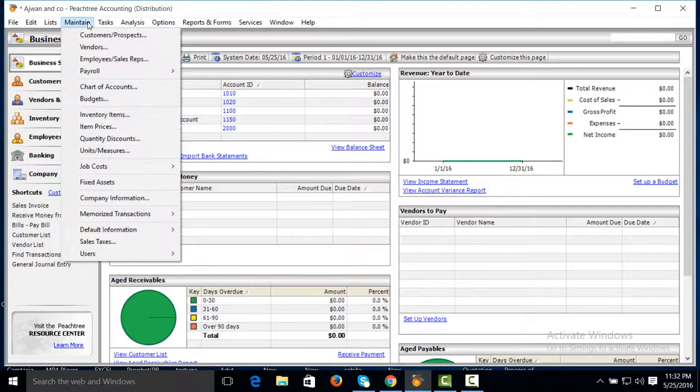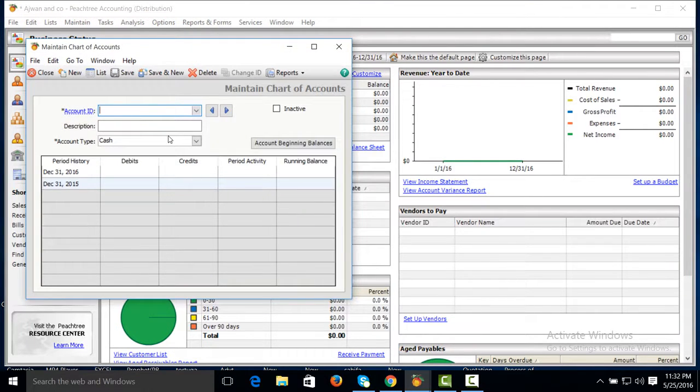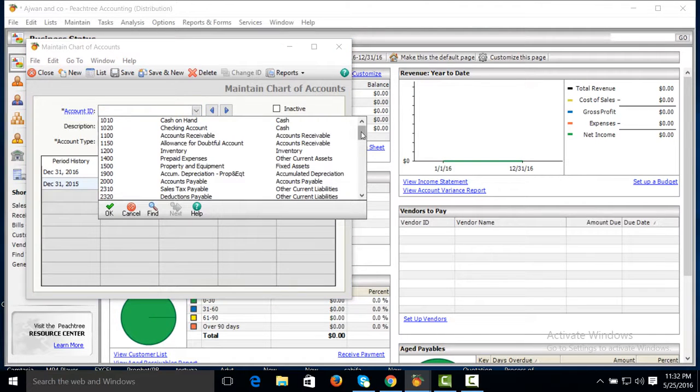First of all we will create customers, vendors, employees, chart of accounts, inventory items, and we will create different things in these maintain options. First of all we will create the chart of accounts. The chart of accounts includes all your accounts, that is cash account, receivable, payable, inventories, assets, liabilities.